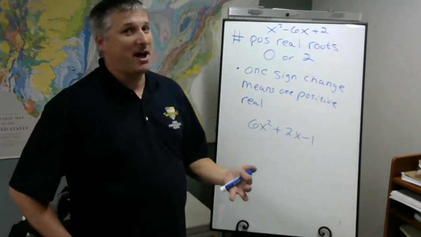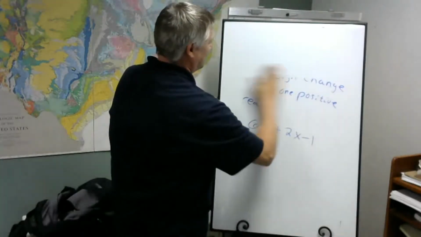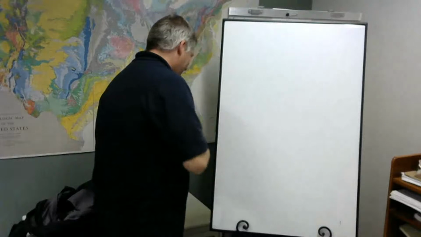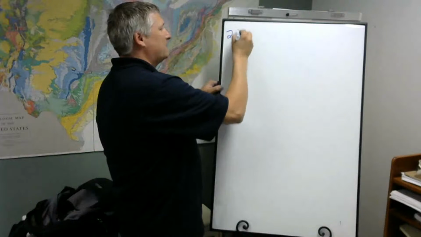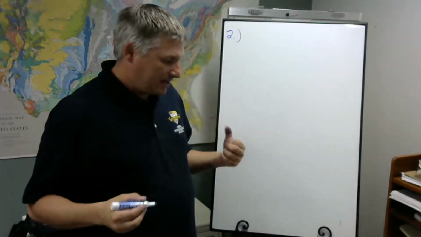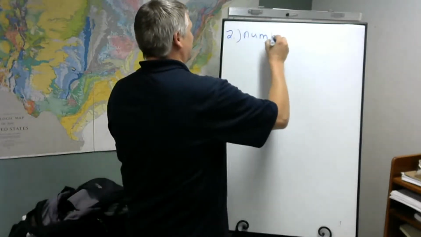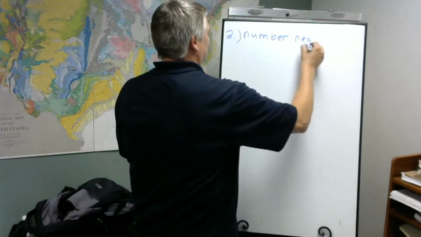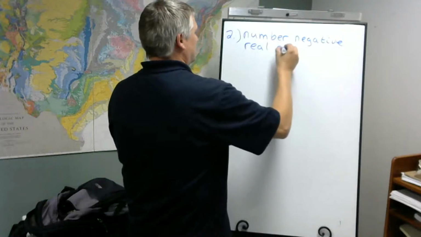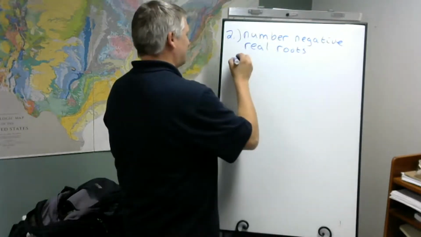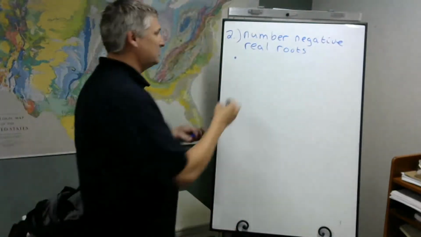All right, so that's the first half of Descartes' rule of signs. Second half. We talked about the number of positive reals. Now it's time for the number of negative reals. So this is very similar to the first one. It's the number of sign changes